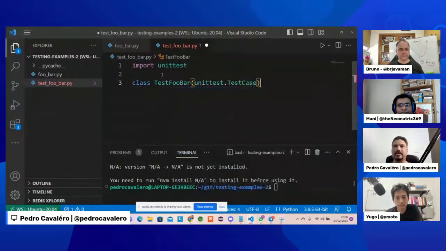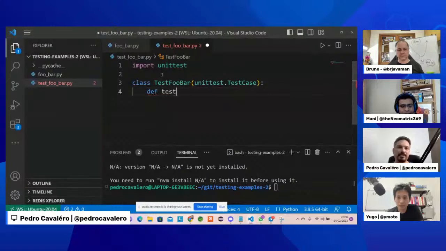The idea is that we have given-when-then, or arrange-act-assert, something like this. We always have to prepare our test, prepare our scenario, run the function we want to run, and then we assert something, right?